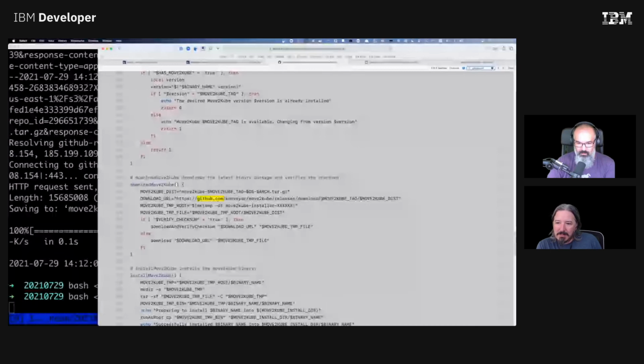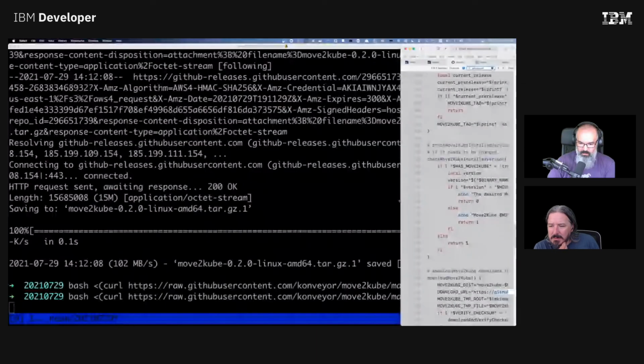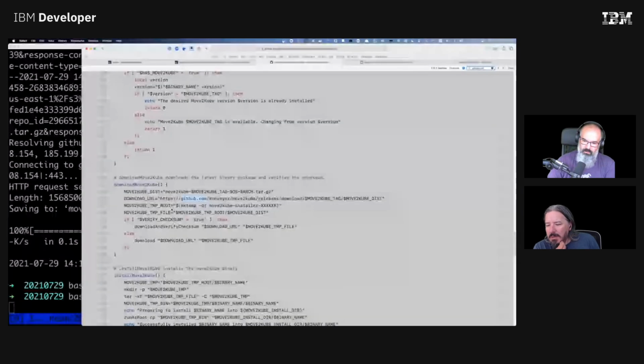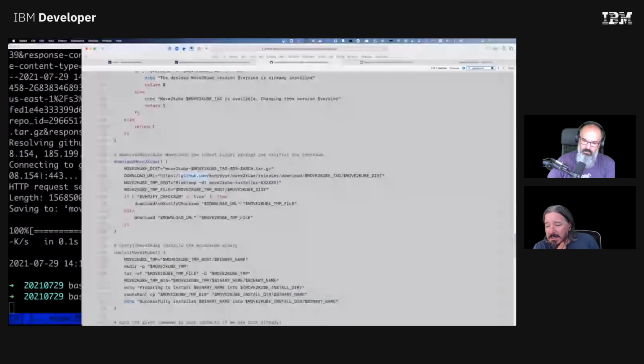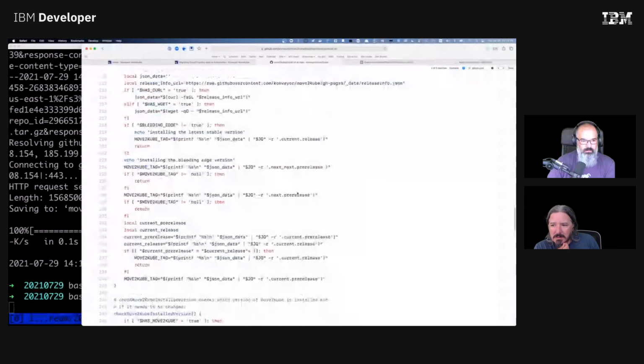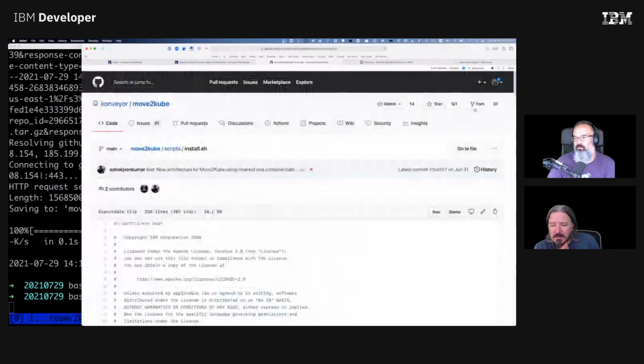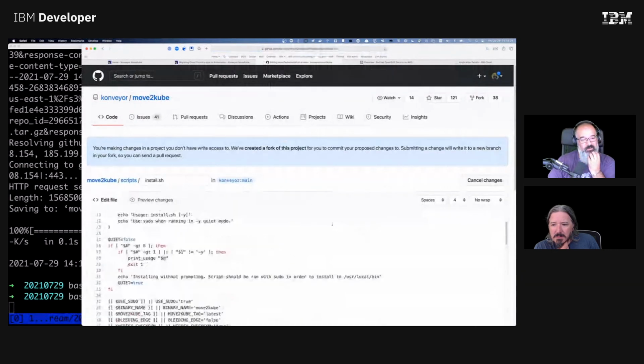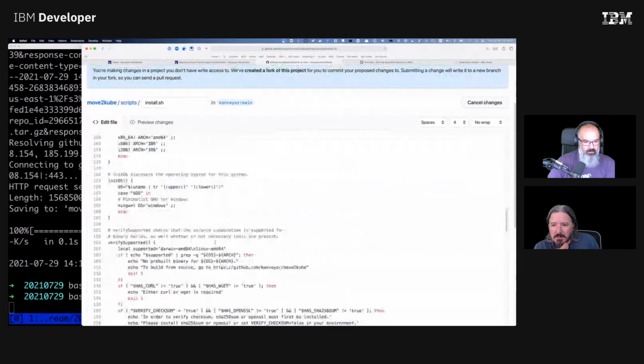Here we go. move2kube. So we're missing the V. Or no, we added a V? Yeah, we need a V. But I wonder if previous versions didn't have a V. Maybe. So there might be a little bit more to it than that. So what we can do is, this is line 226. And what I'll do is I'll edit. And I'm just going to YOLO this. We're going to say